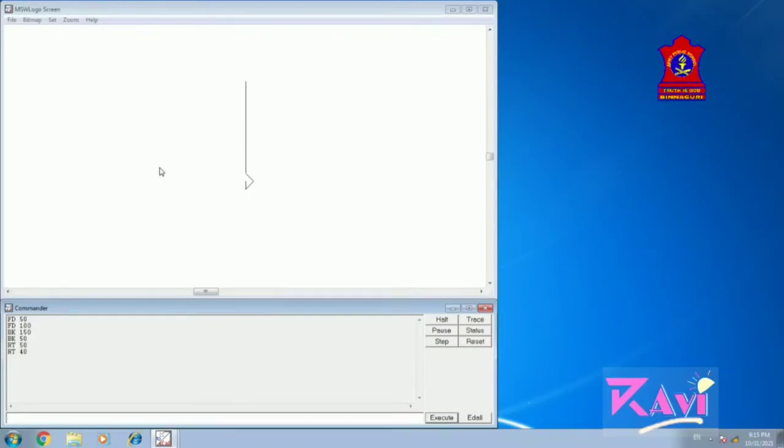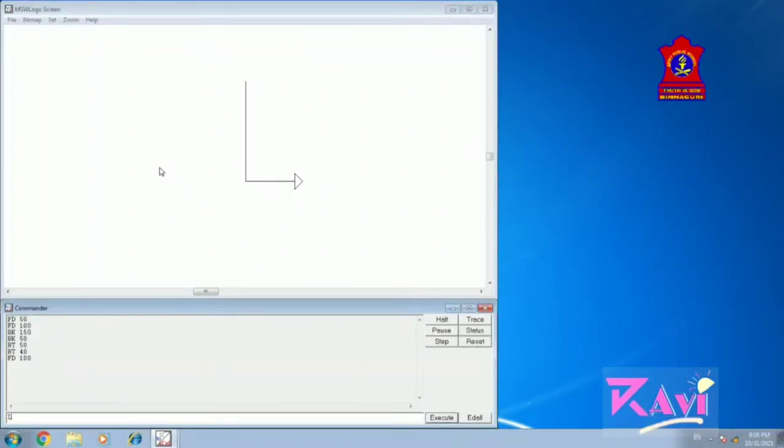Now I am going to draw a rectangle using the right, left, forward and backward commands. From here I move my turtle forward. I type FD space 100, and it goes 100 steps. Now this time I am going to turn my turtle to the left.